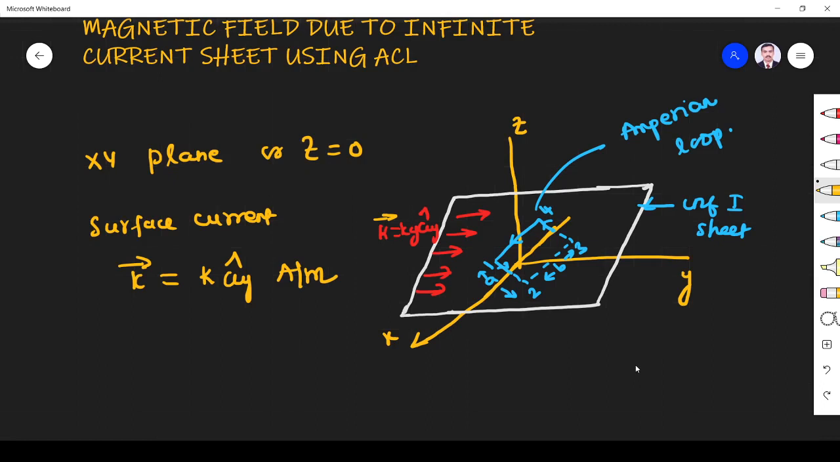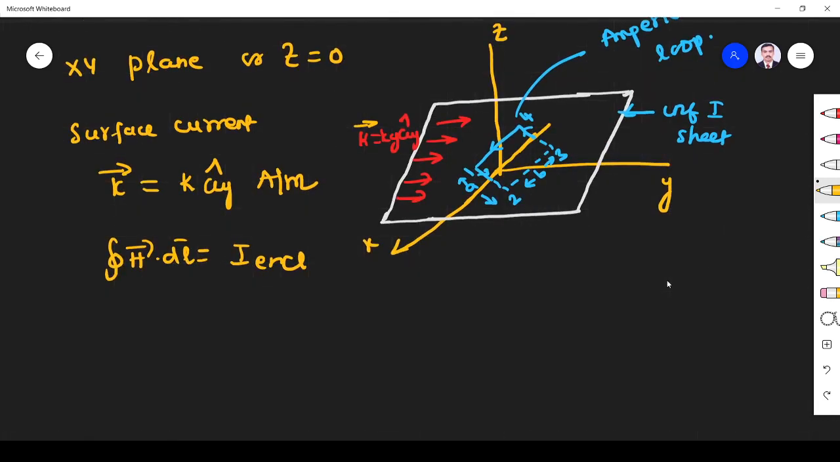Next, I want to use Ampere Circuital law, and by using it I am going to find the magnetic field generated. Whenever I want to use Ampere Circuital law, I have to choose an Amperian loop. How to choose the Amperian loop? This also I dealt with in the Ampere Circuital law video, please refer to that. The Amperian loop should be symmetric with respect to the current carrying surface